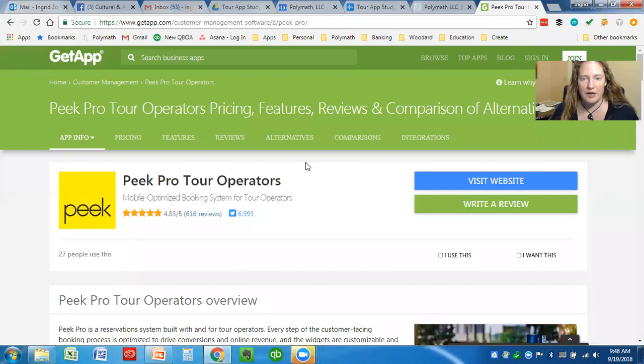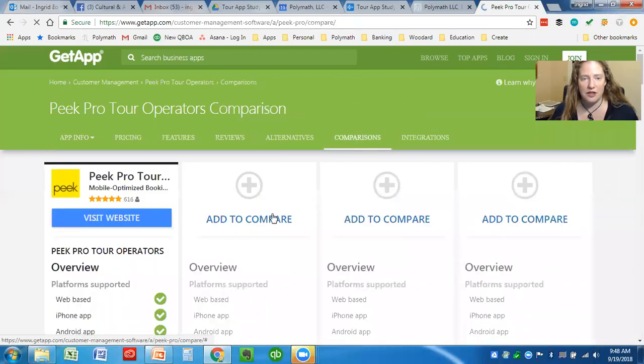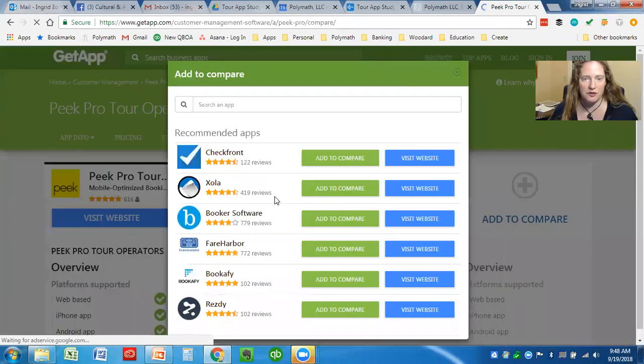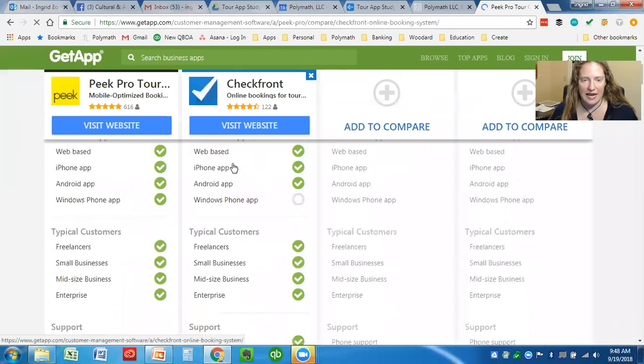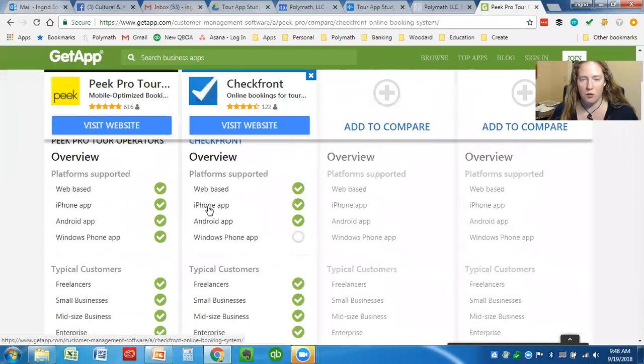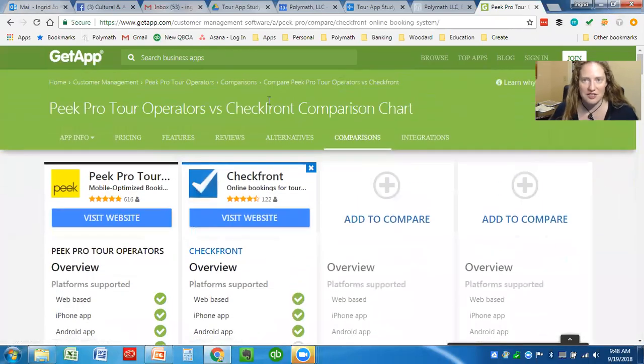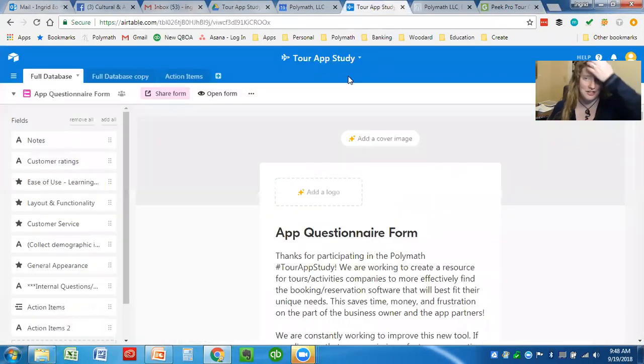So we want to create a comparison that makes it so that you can compare different softwares with the features that you want to see, rather than just the features that GetApp has. So that's what we're working to do. We still need to build this integration with our website, and that will hopefully be the next update that we have for you, when we get that integration with our website launched and make it so that you can hop on and do it yourself.